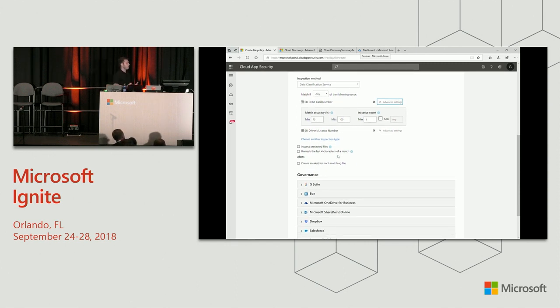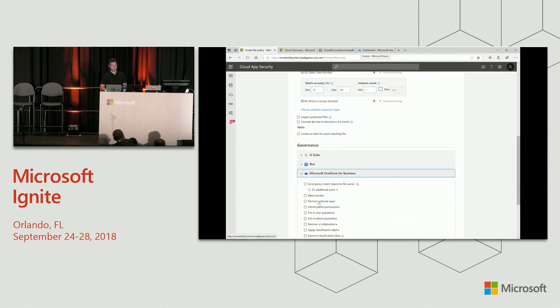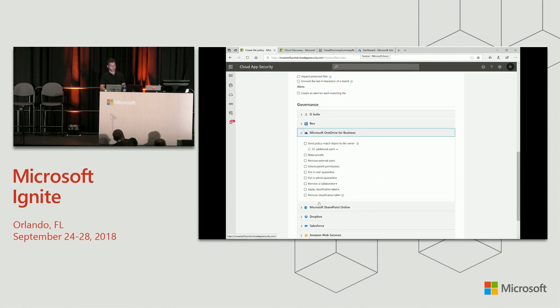So this is another capability that we have here in place. And last is the ability to have automated governance. So we've identified the file, we scoped the policies, we've put all the content inspection that we want to have in place, and now we want to remediate this violation. So you can see here that we support these governance actions across all of the different applications that are connected,